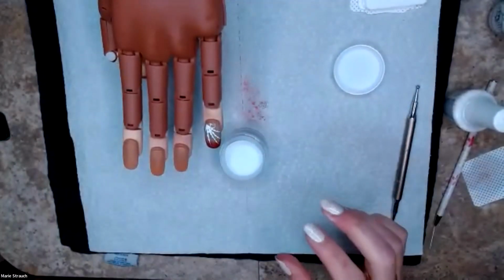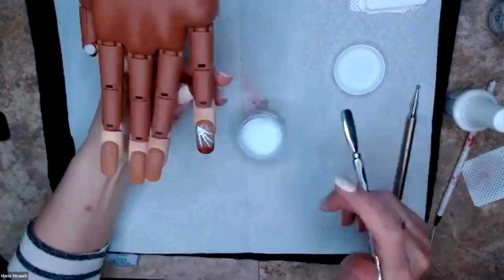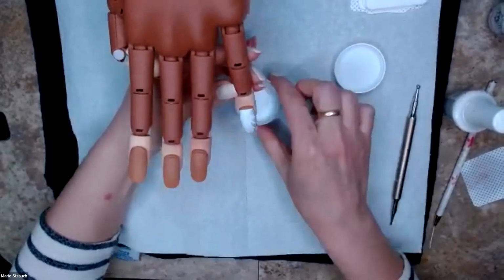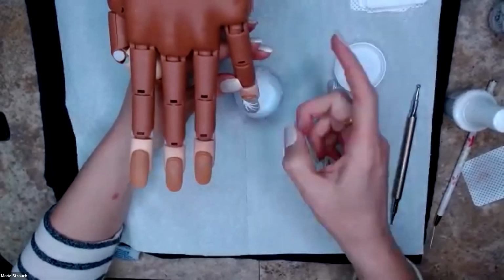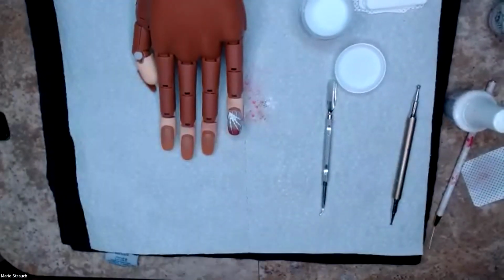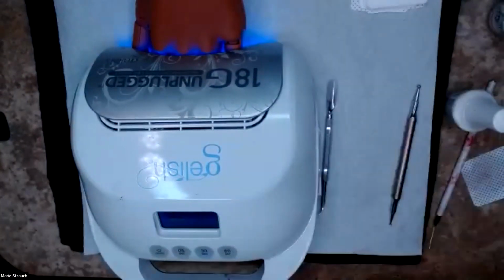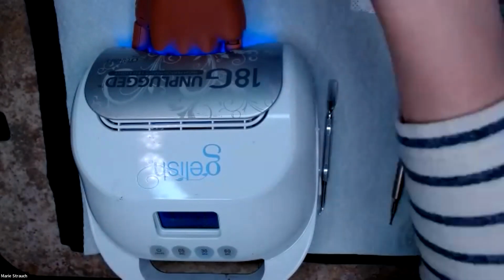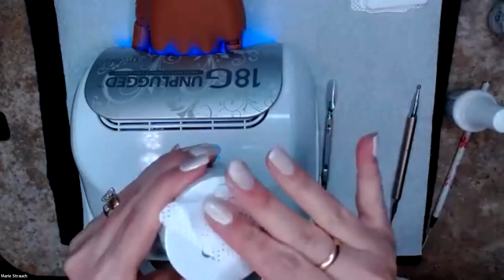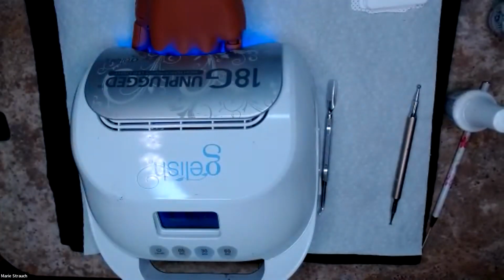Grab our white dipping powder. Throw that over it. Cure the powder to the polish. And then we're done with that nail. So there we have it. We have a little bit of sugar art. We've got our ombre coat. And now we'll move on to our